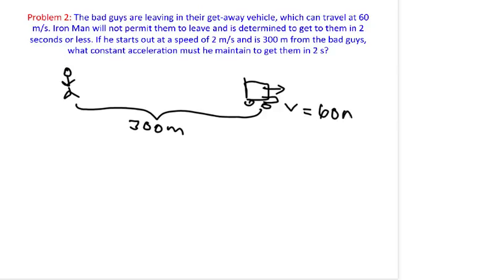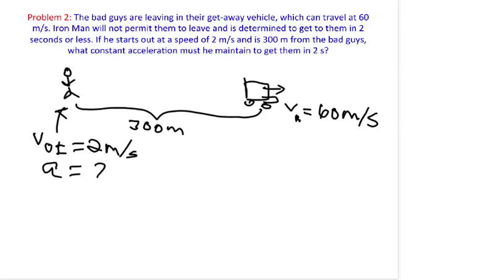Okay, and I'm going to say VB for bad guys. And Iron Man, we know that Iron Man has initial velocity, so v naught I, I is for Iron Man, is 2 meters per second. And we know his acceleration is equal to question mark. What we do know is the time that they meet is equal to 2 seconds. And what's important is if they're meeting at 2 seconds, that's the time both for Iron Man and for the bad guys. Okay, so now I'm going to set up our equations